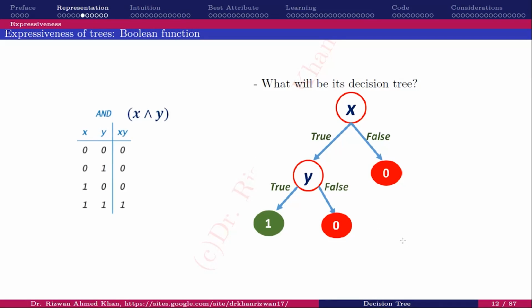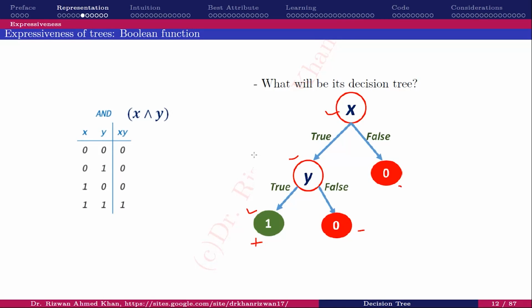In terms of tree, this would be a decision tree. So if we start splitting on x, let's say if x is true and y is true, then it is positive or 1, otherwise it's negative. That's simple, right? Any confusion on this decision tree of AND? Is it clear to you guys? Yes, sir. Now I ask you a question.